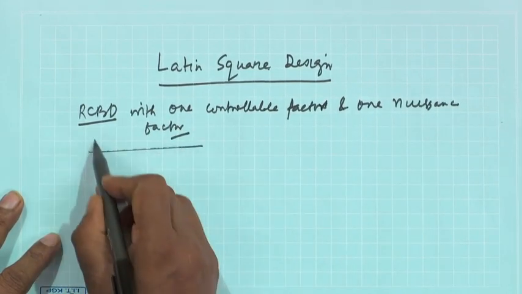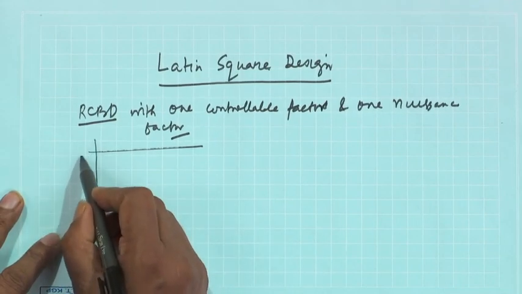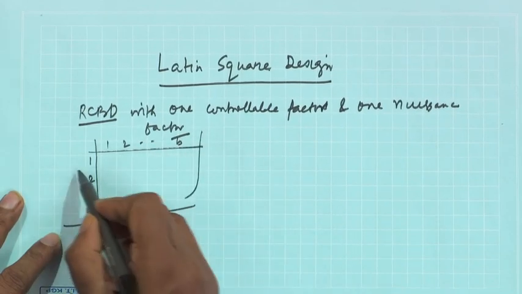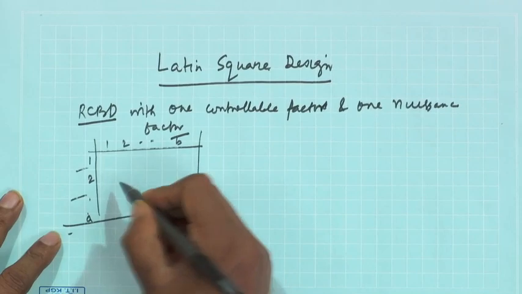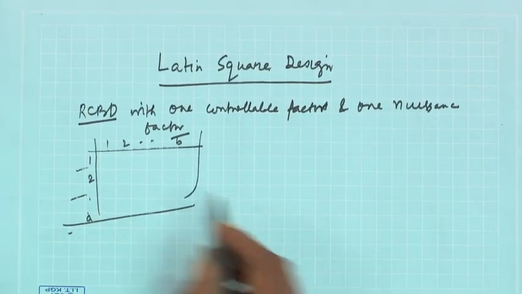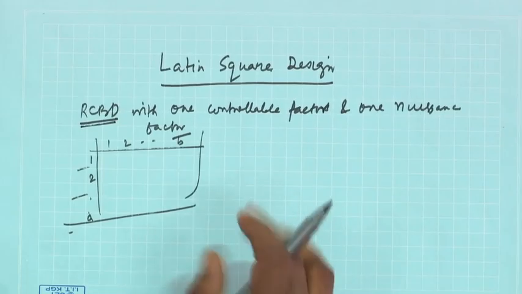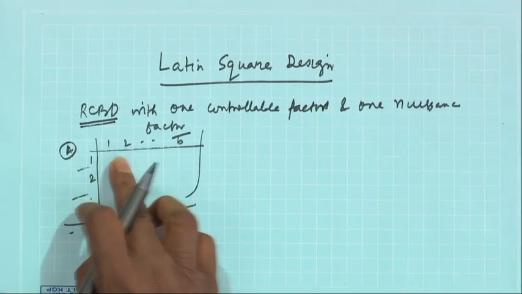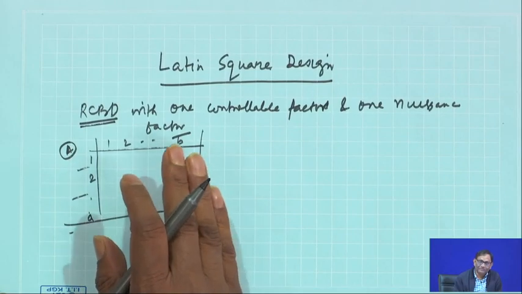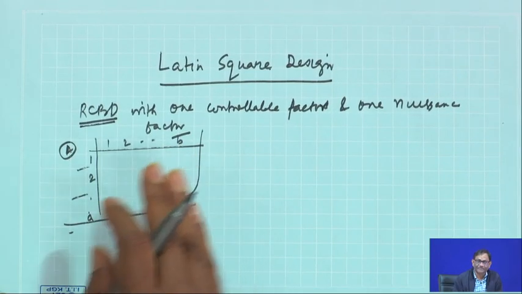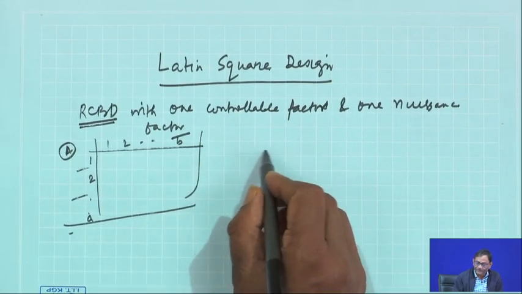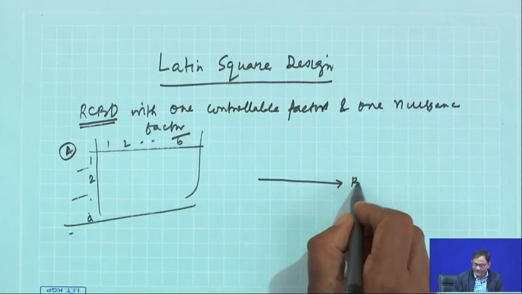So, you have seen this kind of thing, 1 to A and 1 to B. So many blocks at different levels, and then we have seen the statistical analysis, all those things. That means in the first lecture of RCBD I have shown you that there is one controllable factor A and there is a blocking or nuisance factor 1 which is having B levels. For example, batches of raw materials, in that case B number of batches. Now, suppose instead of these two, that means batches of raw material,